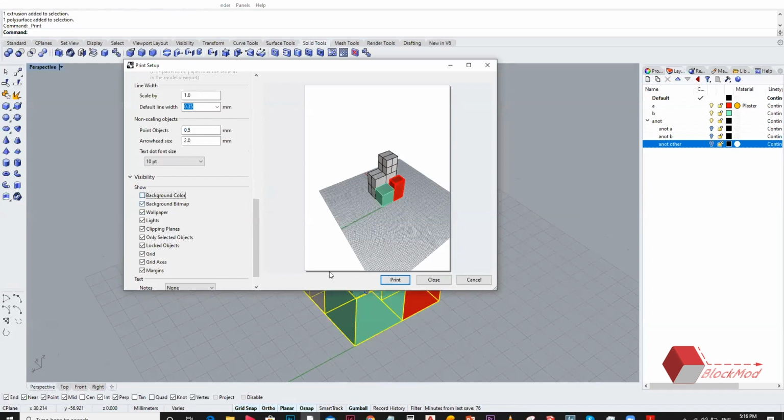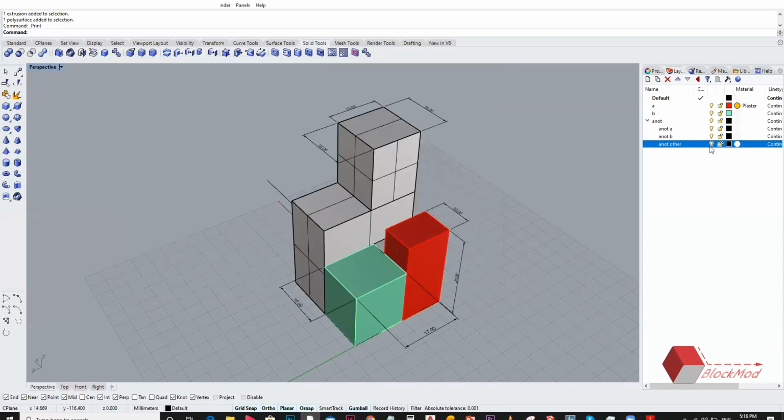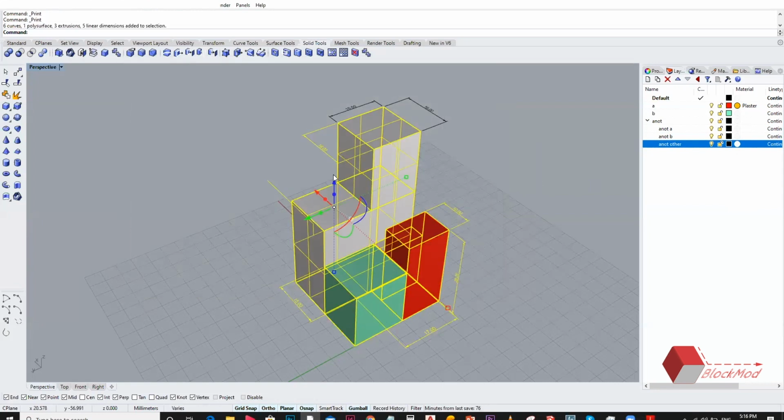what can be done is you print this as one object and you switch on the layers that you want to show dimensions, and again just select all and say Control P. In this case, you can see the dimensions as well.